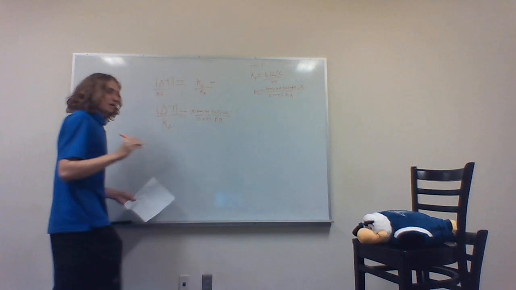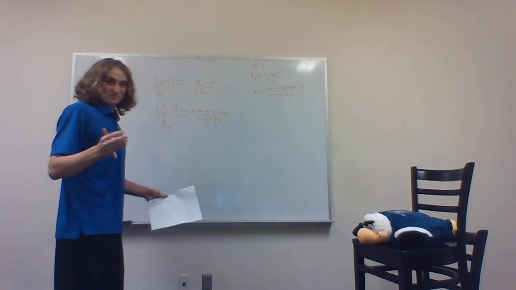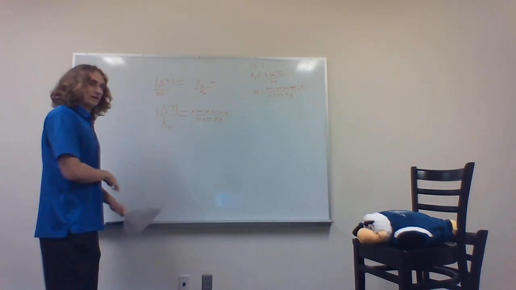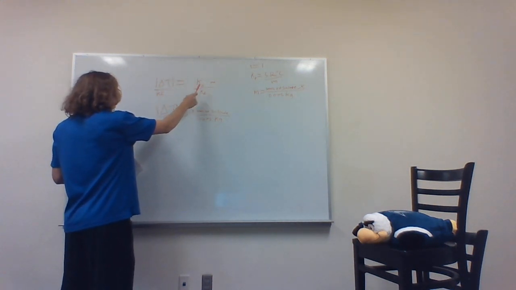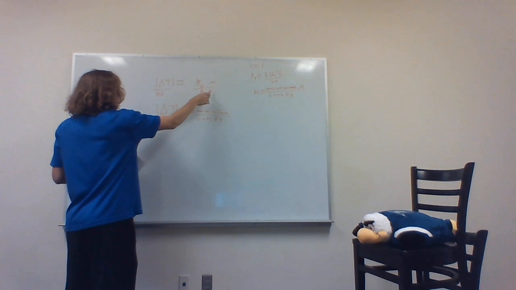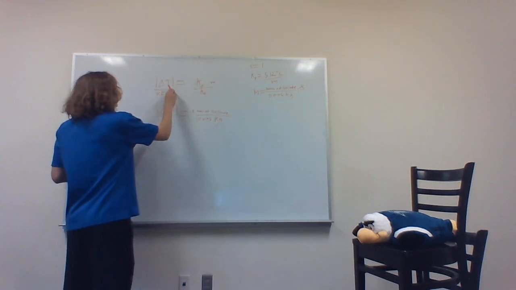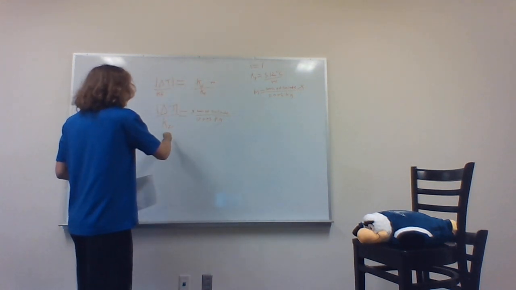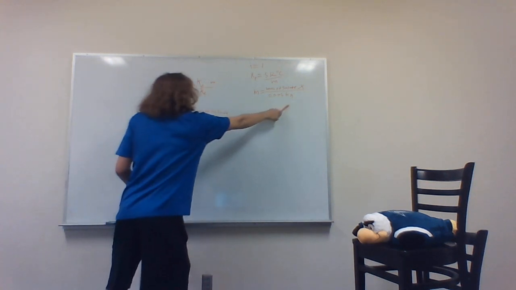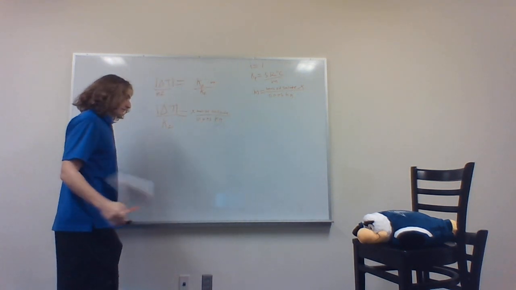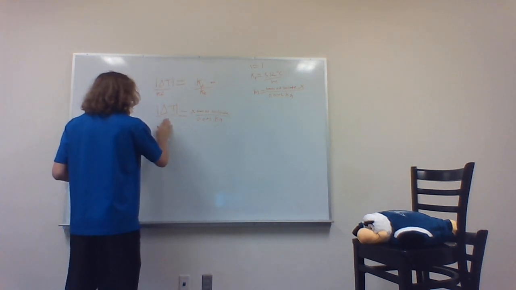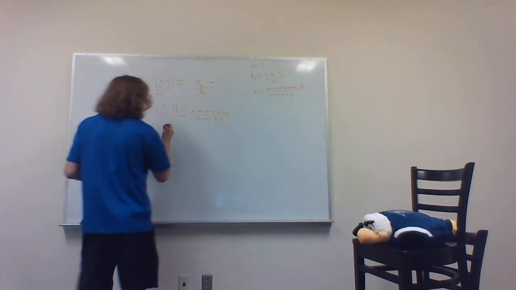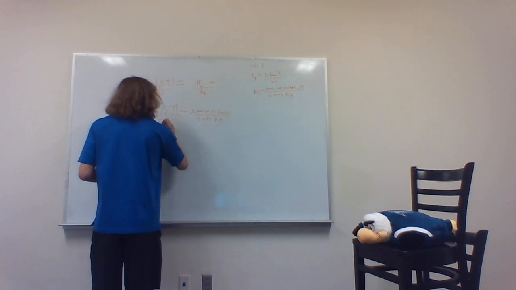On my paper, I did it a different way, I think, but this should work out anyway. If you missed what I did, I divided both sides by Kf, which cancels out here, just leaving the molality, and I divided this by Kf. Since we know m is equal to this, I went ahead and expanded into that. Let's plug in our numbers. Kf, as we have stated, is 5 point